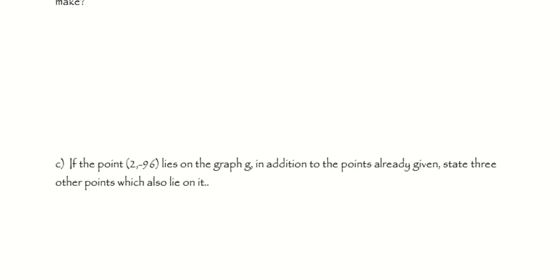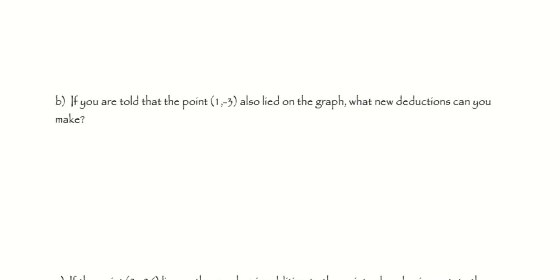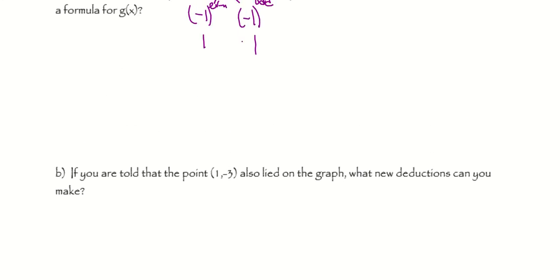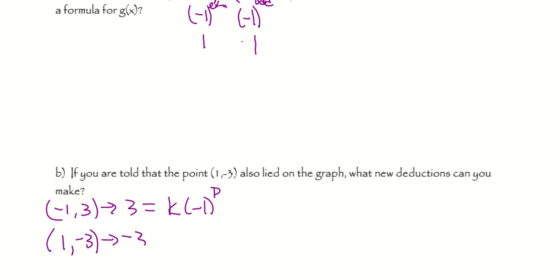So now we're told that we also have the point 1, negative 3. So let's come back to where we were. We had the point negative 1, 3. And again, that gave us 3 equals k times negative 1 to the p. And now we have the point 1, negative 3, which gives us negative 3 equals k times 1 to the p. If we take these two equations and divide them, that gives me negative 1 equal, my k's divide out,